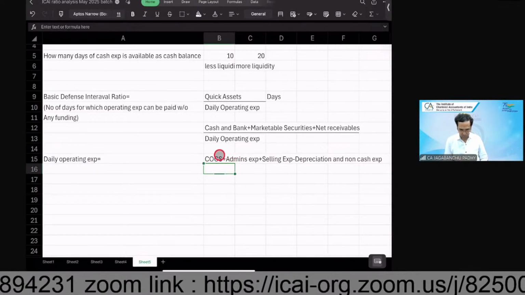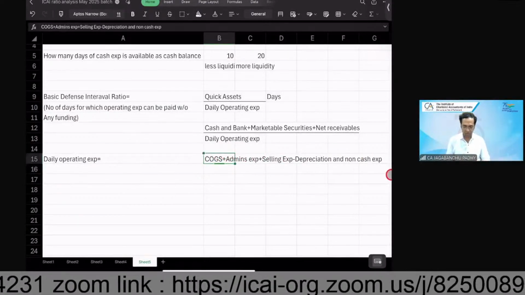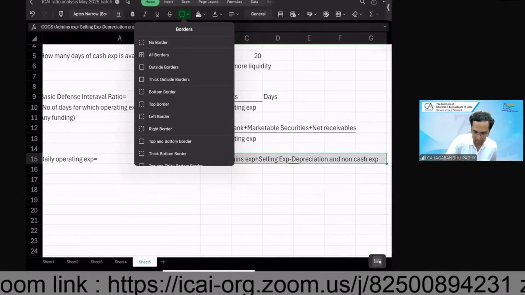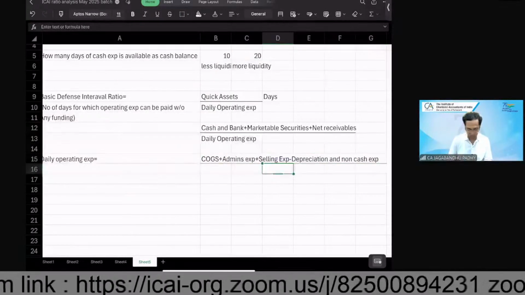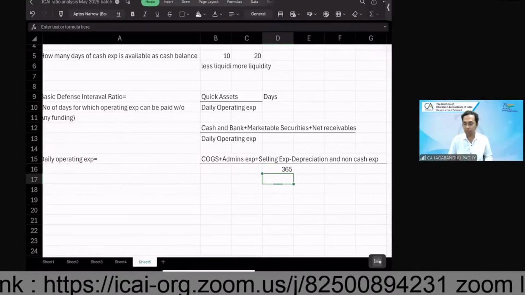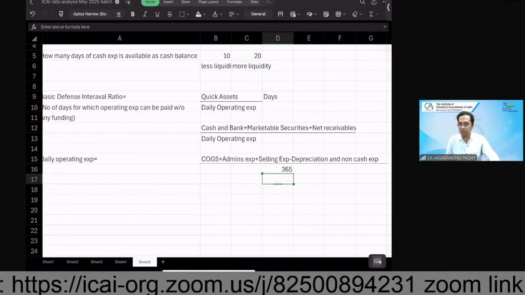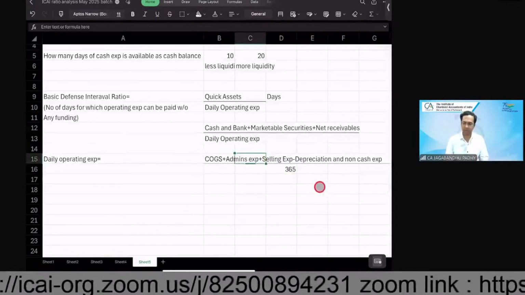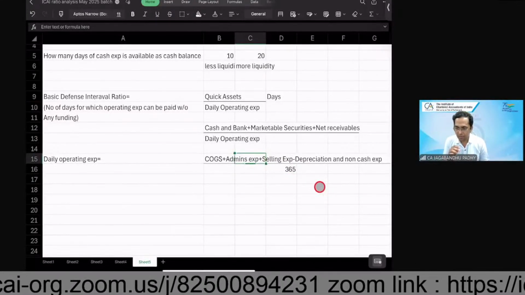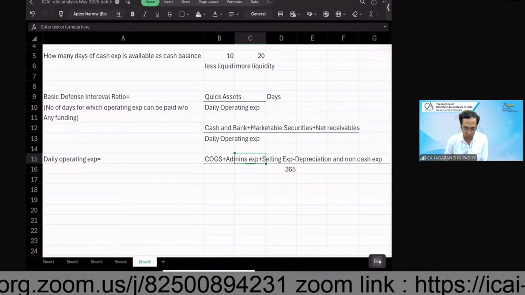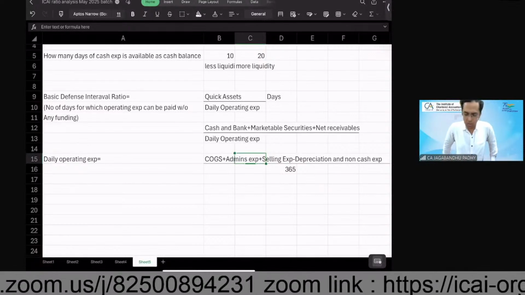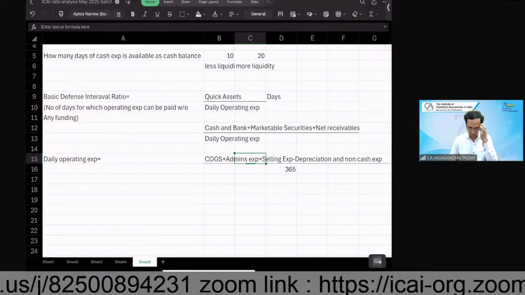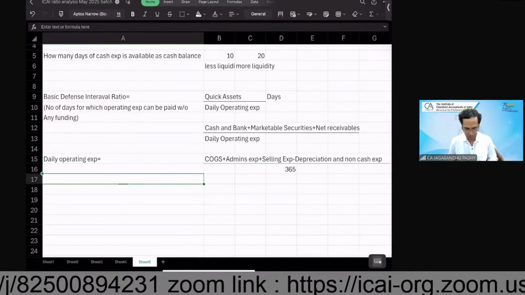Now this is of course considered for the full year. I need to divide this by 365 to get the per day expenditure, right? So selling and distribution, selling expense, when I say selling and distribution, both are there, right? COGS is cost of goods sold. So for example,